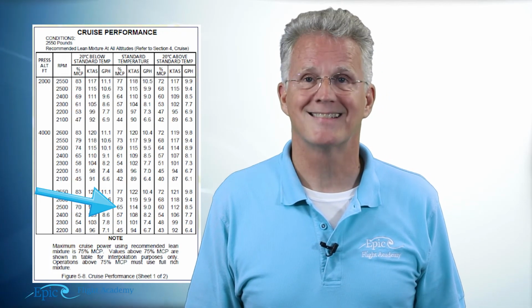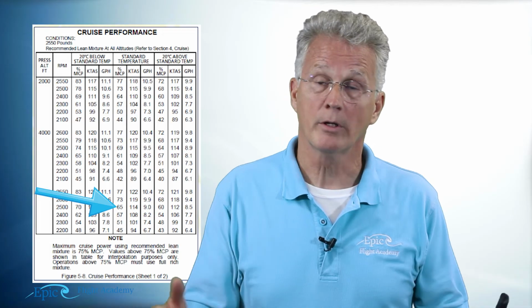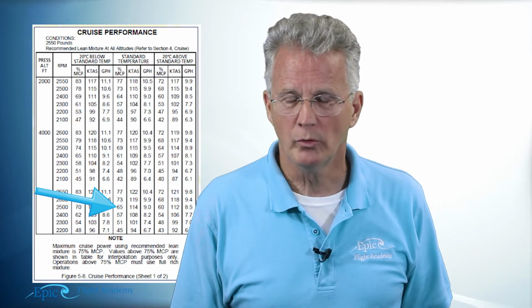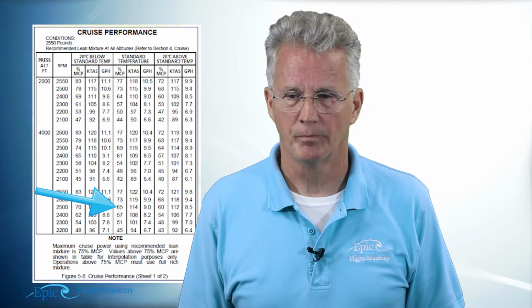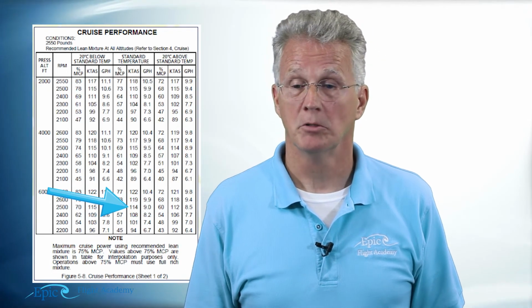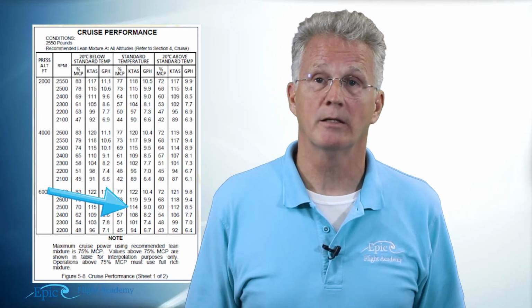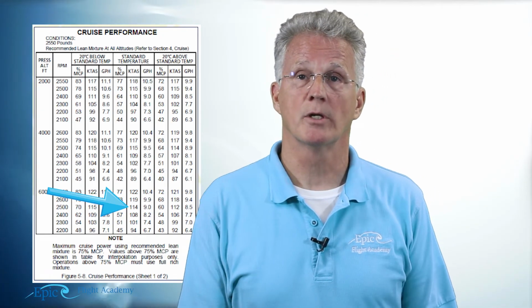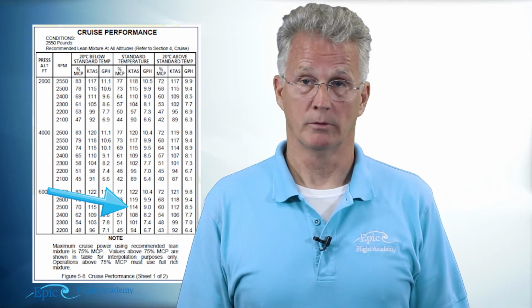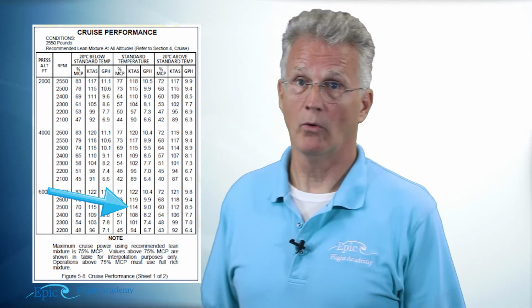It says 65. Oh, okay, well that's well below 75, so I'm good there. What true airspeed can I expect? Well, it says to expect about 114. I think I can live with that. I'll make my calculations based on 114. And look at my fuel consumption. It's gone from 10.4 to